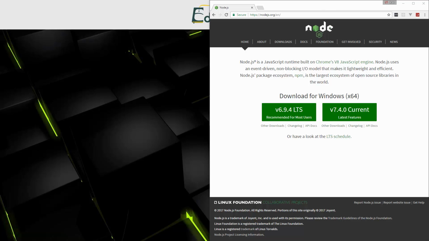Alright, so now that we have our environment set up with Node.js, we're going to create a Node.js application. First thing we'll do is open up a command line. Now, if you're using Linux or Mac, just open up your terminal. If you're using Windows, you can use your standard Windows command line, but we're going to use the Git Bash